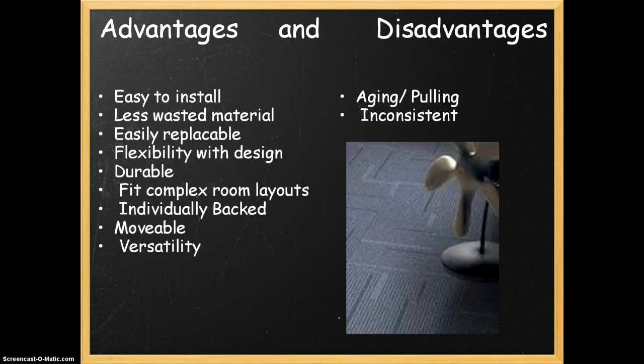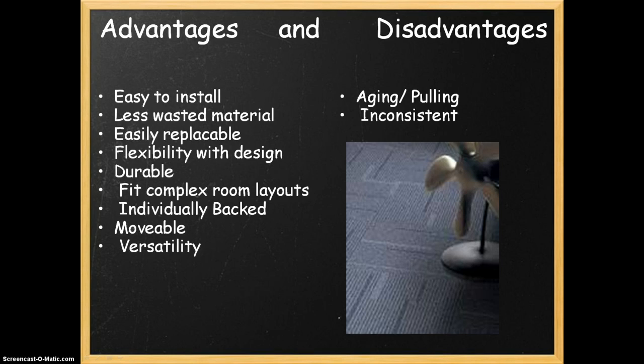Some advantages and disadvantages of carpet tile. The advantages are that it's easy to install, and less material is wasted than when you would fit a normal carpet into a room. This is because when you fit a normal carpet, it has to be stretched until it's the perfect dimension, and then you have scraps that are cut off. But with carpet tile, since it is square and easy to cut, you can fit the shapes pretty accurately without